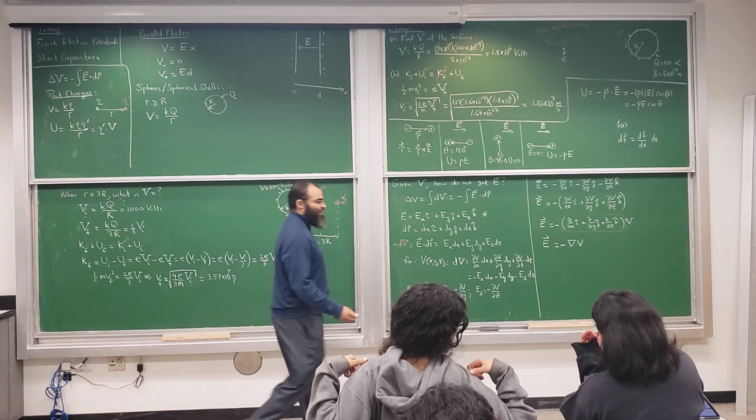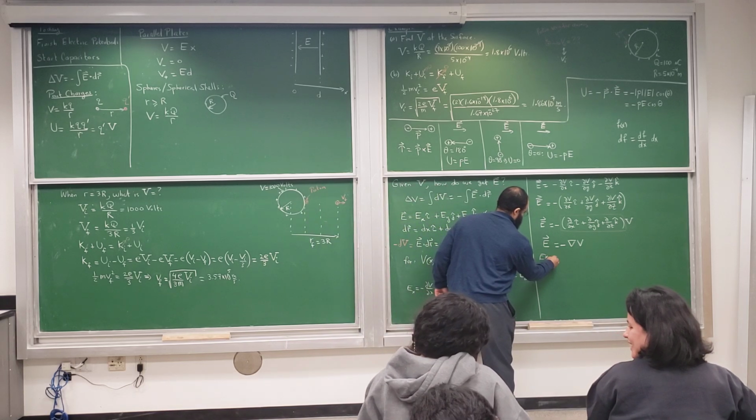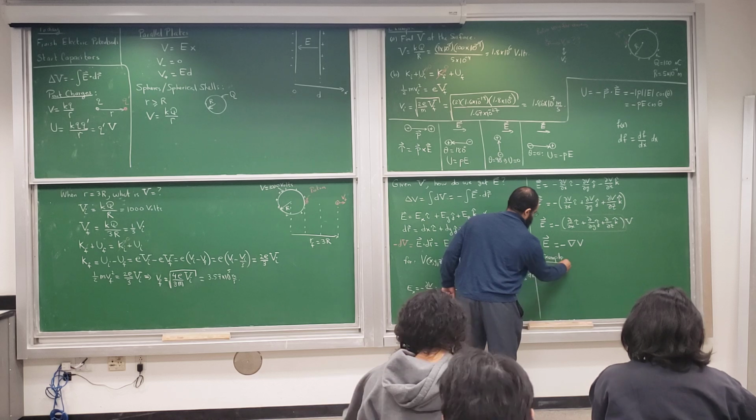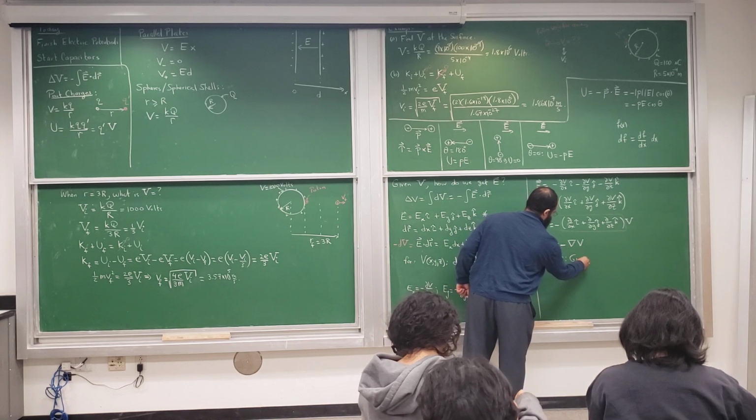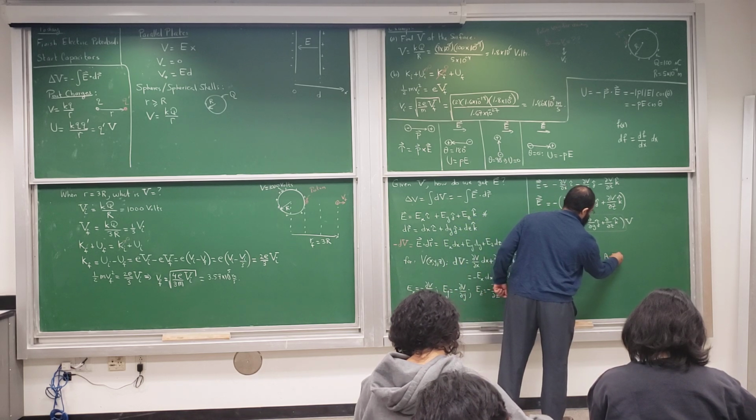Okay, so here is an example. Given, here's V is equal to A, let's say x squared, y